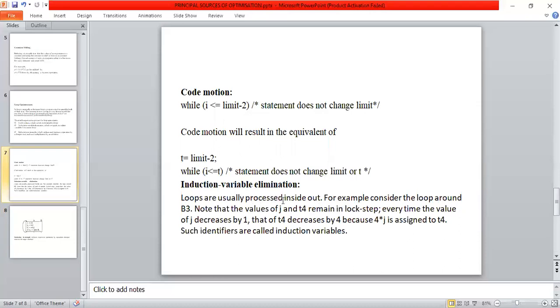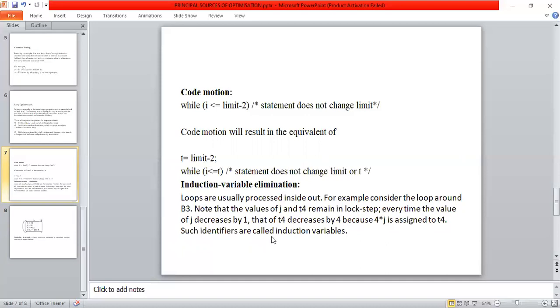Loops are usually processed inside out. For example, consider the loop around B3. Note that the values of j and t4 remain in lockstep. Every time the value of j is decreased by 1, the value of t4 is decreased by 4, because 4 into j is assigned to t4.